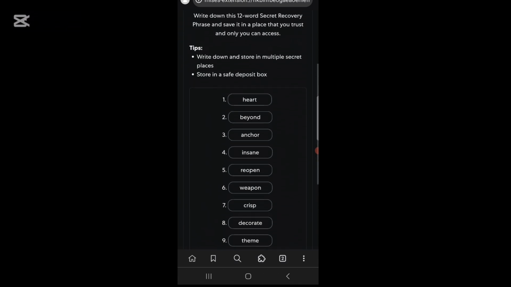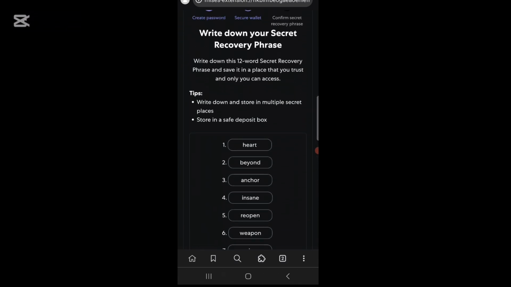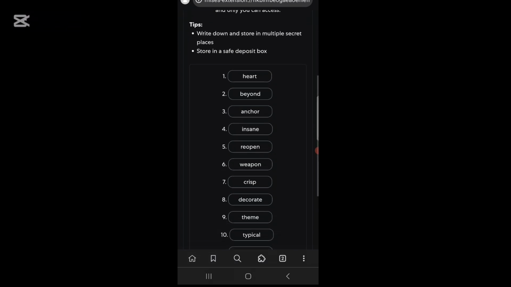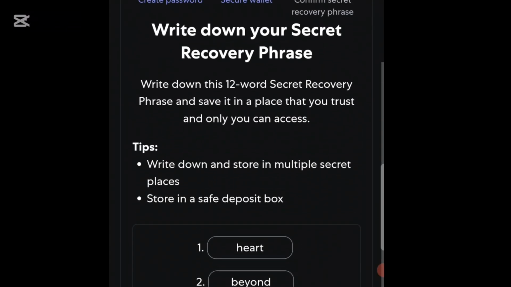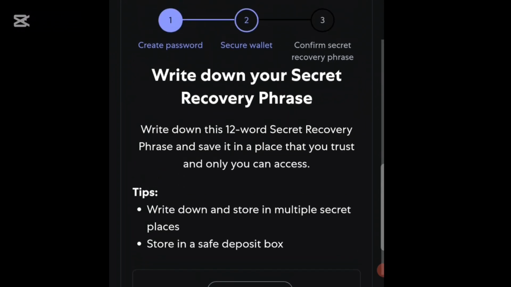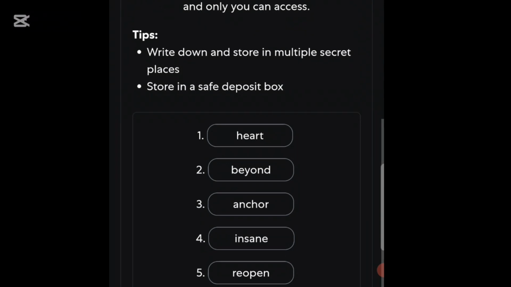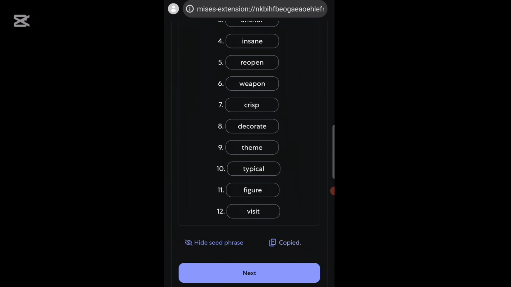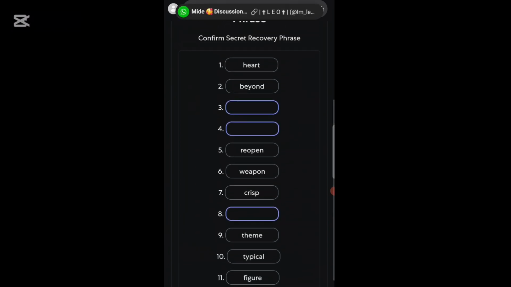So after writing this down and storing it in a safe place, you can see the tips. Write down and store in multiple secret places. Store in a safe deposit box. Never share it with anyone. Never store it online. So the next thing you need to do is to click on next. Then